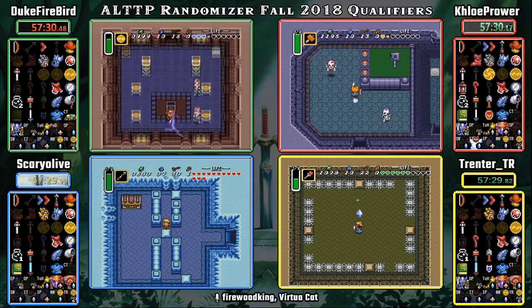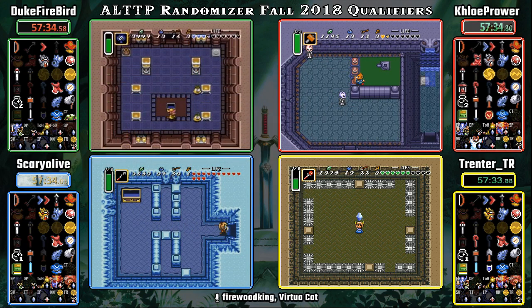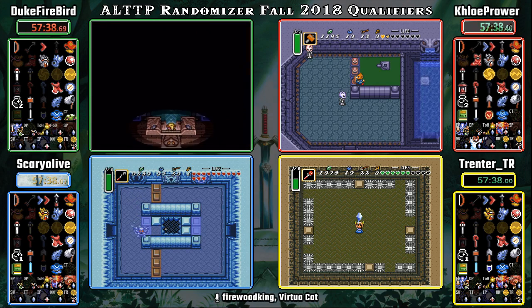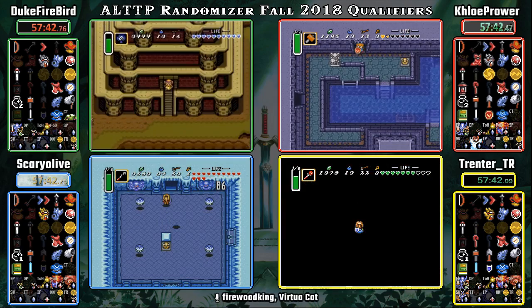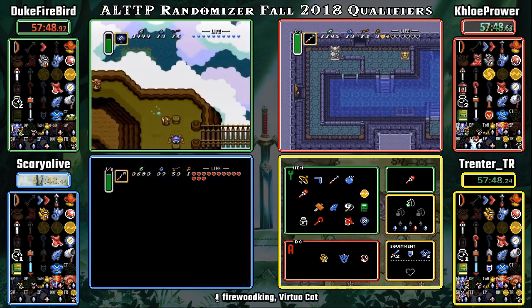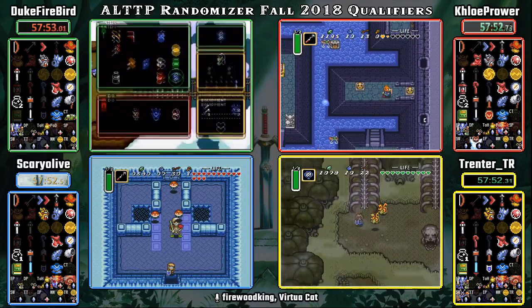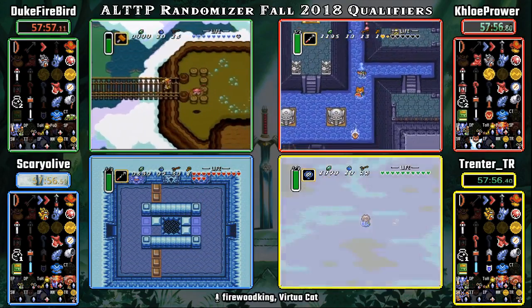So Trenter gets Mothula down without too much difficulty. The classic look away, look back, boss is dead thing. And Duke gets the hammer and is not happy, I am sure. A bit of a rage quake there, killing the Red Stalfos afterwards. Yep. Well,